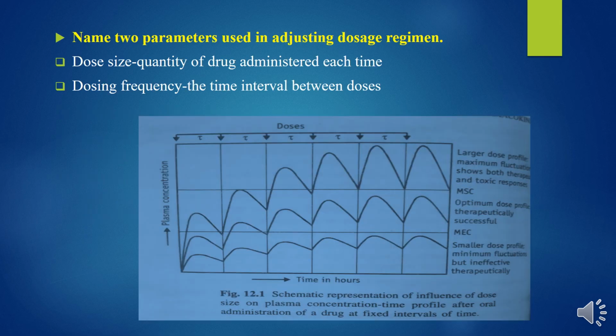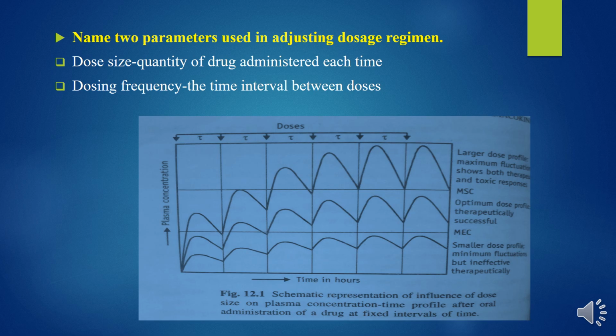Going to the next question, name two parameters used in adjusting the dosage regimen. One is the dose size and the second is the dosing frequency. This is a curve showing the dose size and plasma concentration profile. So you can see the curve like this. If the dose is smaller, the drug will produce an effect less than the minimum effective concentration. So in between the minimum effective concentration and maximum safe concentration, here we can see an optimum dose profile, and if the dose is high,